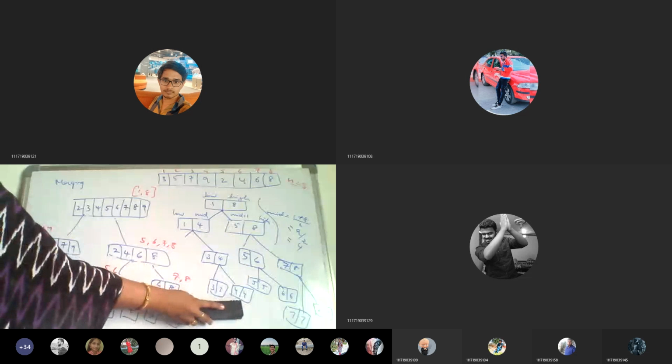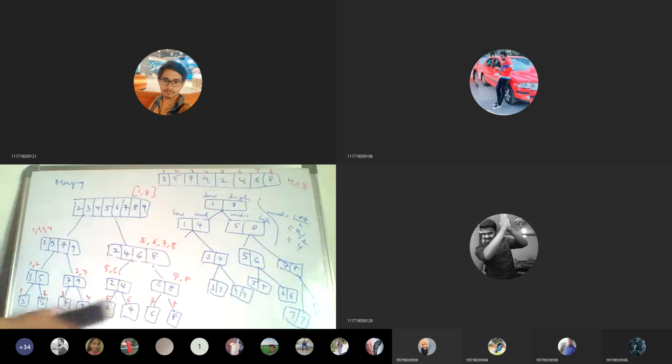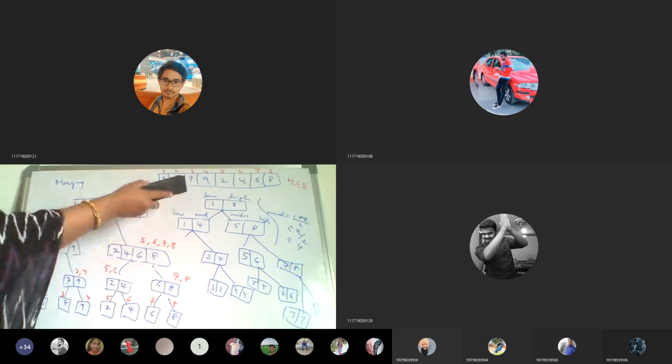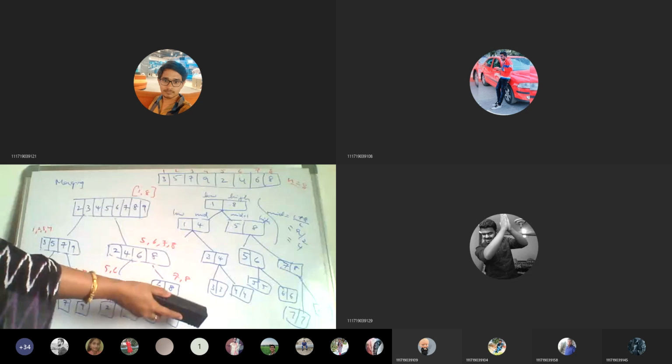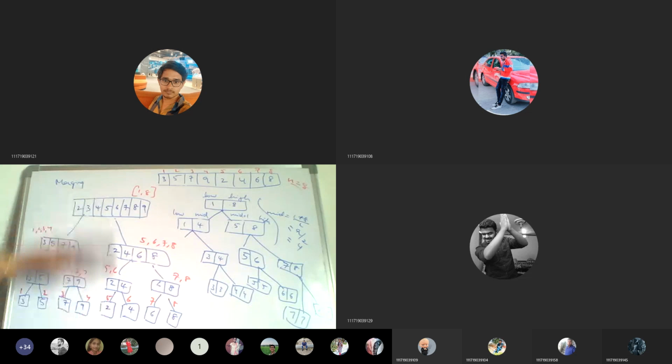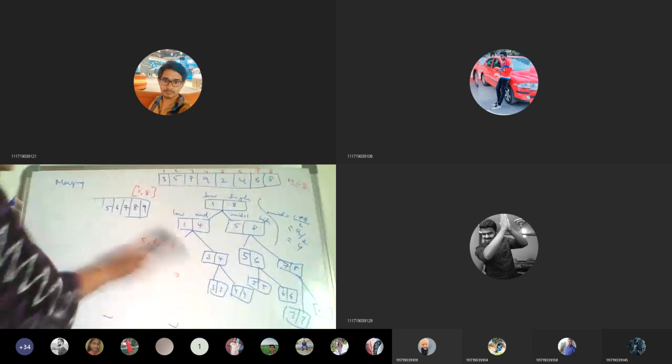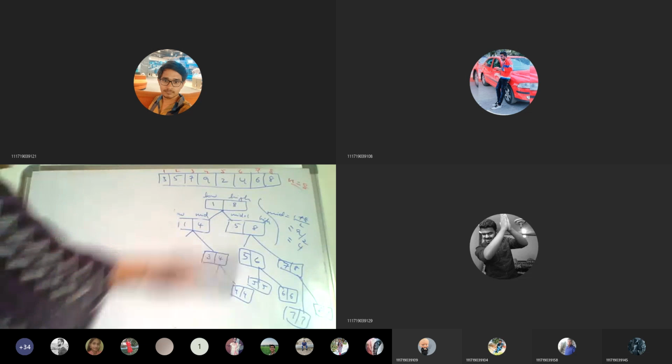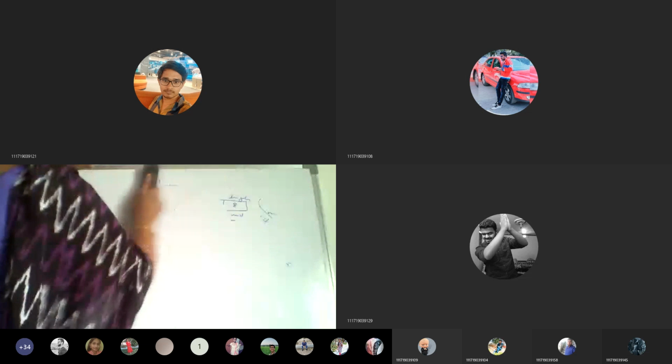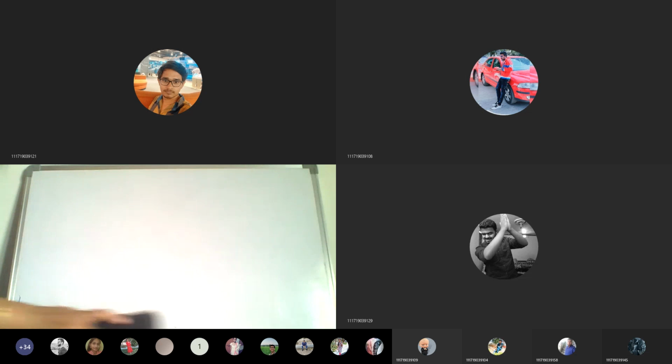So this is the merge sort technique using the divide and conquer approach, and this is the merging technique, how it will be done. This is from top to bottom, recursively calling the functions, and this one is bottom to top, merging the solutions to get the solution for the main problem. Okay, so let's see the analysis part here for merge sort.